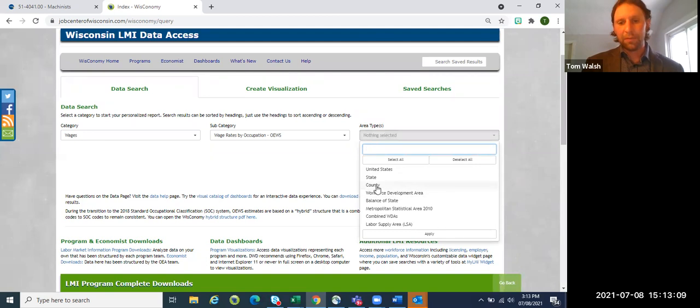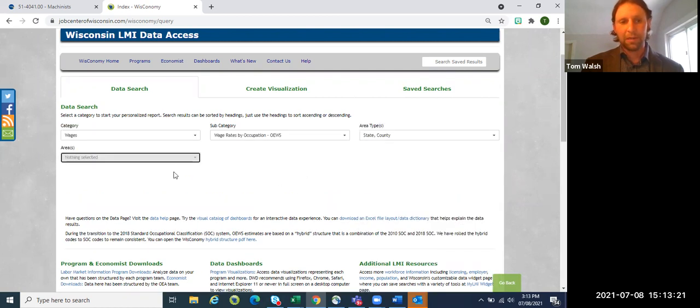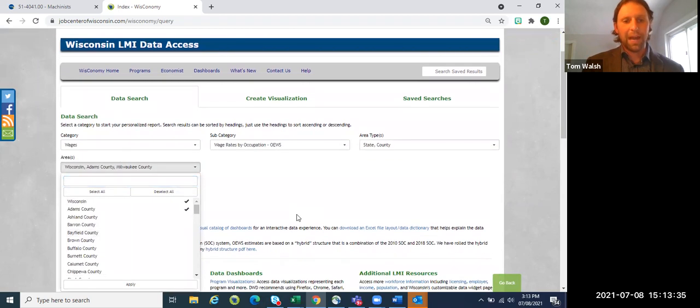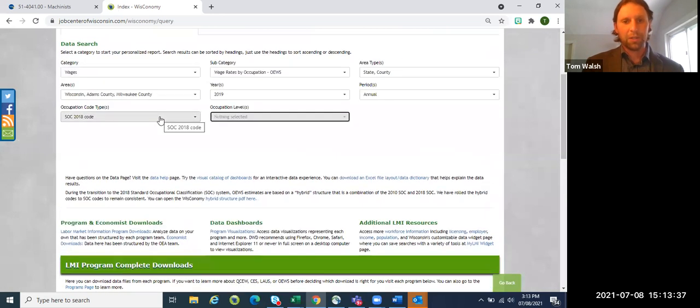In this case, I'm going to pick a few different geographies. I'm going to pick county, and I'm going to pick state. So this one gives you some options to be more than just the county level, and go a little higher and have a comparison. And then, so we'll do Wisconsin, Adams, and Milwaukee. And so the reason I'm showing Adams, not that I know that's not your area, but I just wanted to show what to do if you don't get data. And then so these pre-populate.